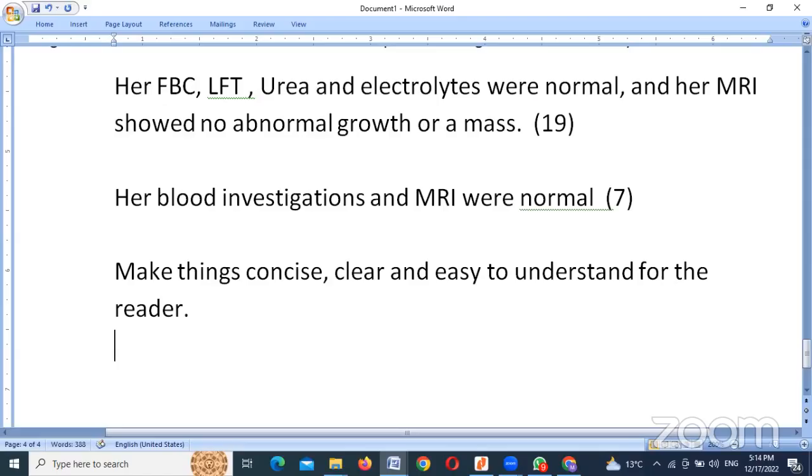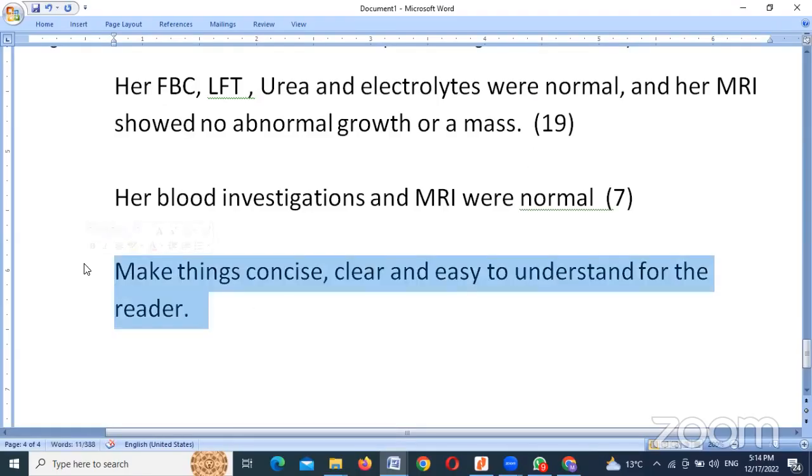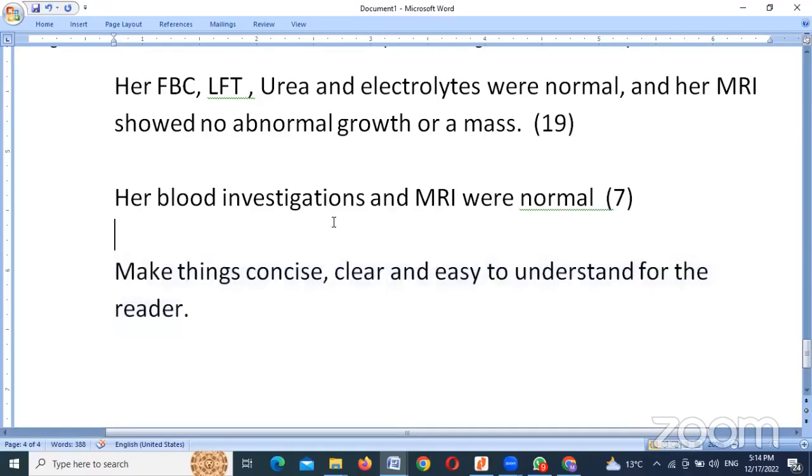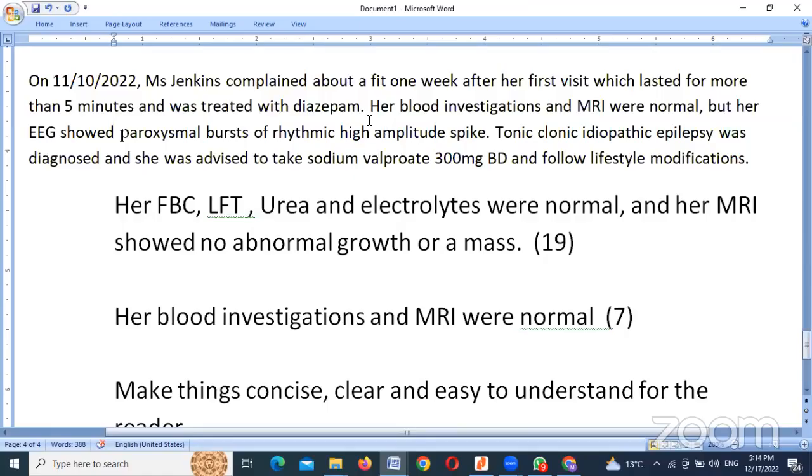If you can do that, you will get a good mark. You will get a good score. Okay. Concise, clear, and easy for the reader. Then you will get good marks. Otherwise, even if your English is very good, you will not get good marks. Okay. So then, her blood investigations and MRI were normal, but